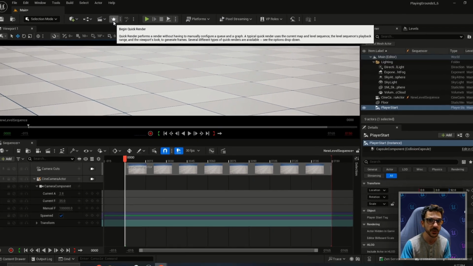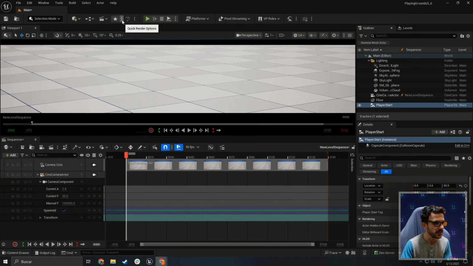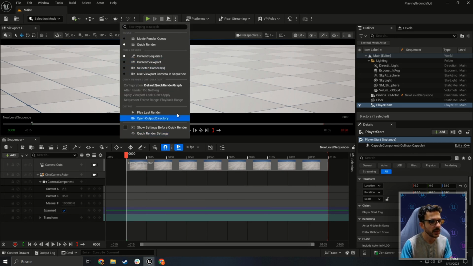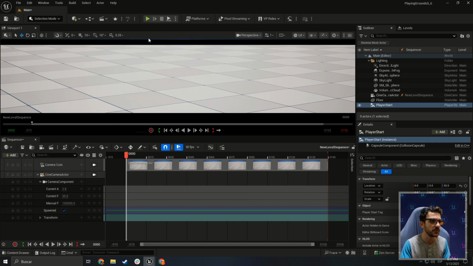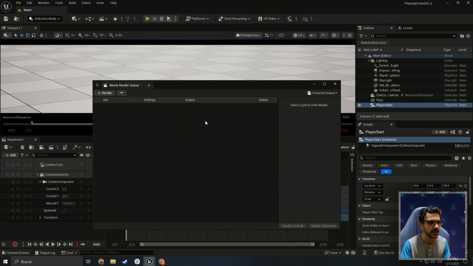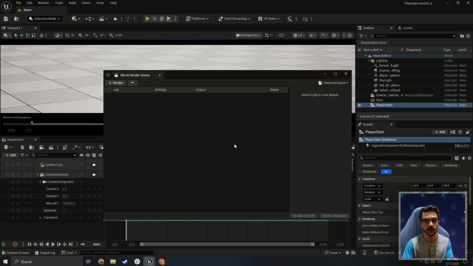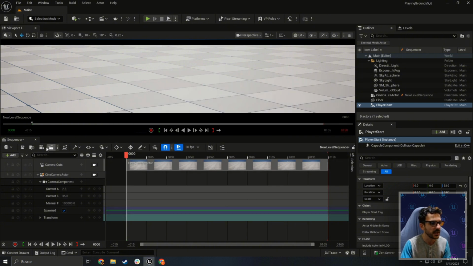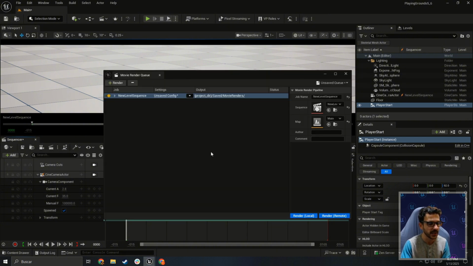Several different types of quick renders are available. See the options dropdown. Now that's very interesting. If we go here to the quick render options, we get a whole bunch of information. Now, if we from the get-go change this to movie render queue, whenever we click on this begin quick render, it really won't be doing any quick render, since what it's doing is essentially turning on movie render queue, which is pretty much the same thing we would do if we go down here to the clacker and we turn